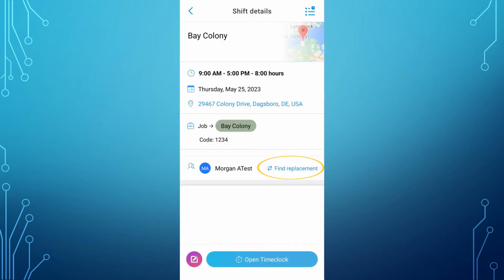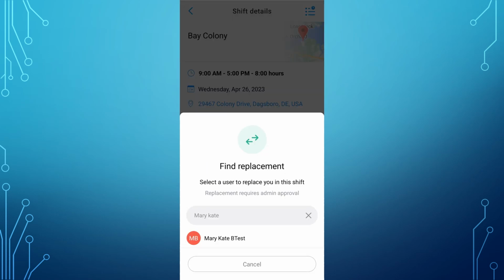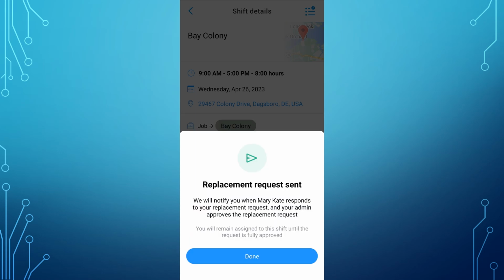Coming back to the shift details, if you would like to see if there is someone who can pick up your shift, you can tap Find Replacement. There will be a pop-up showing all the employees. Use the search bar to find who you're looking for. Once you tap their name, the replacement request will be sent to them, and you'll receive a little pop-up